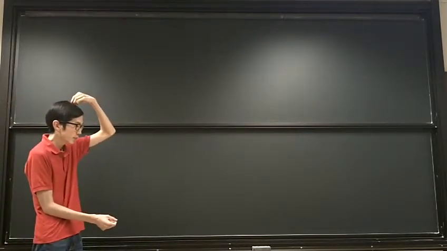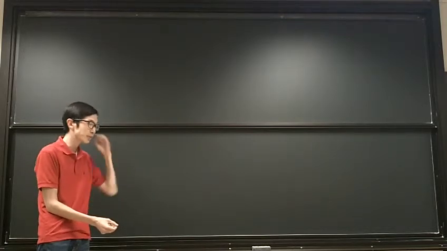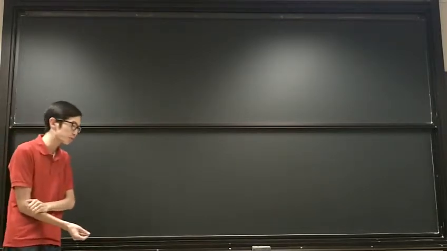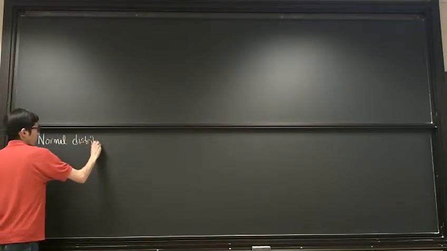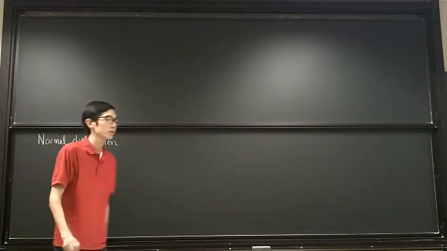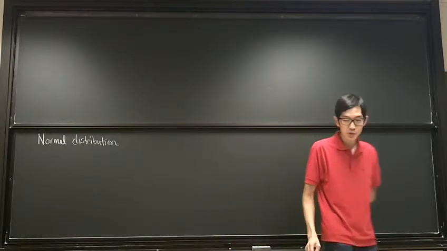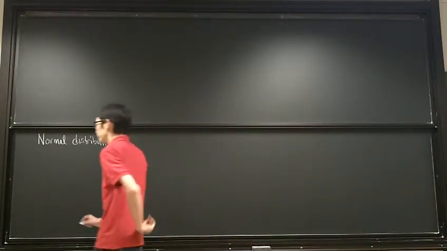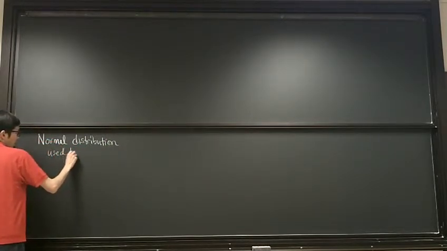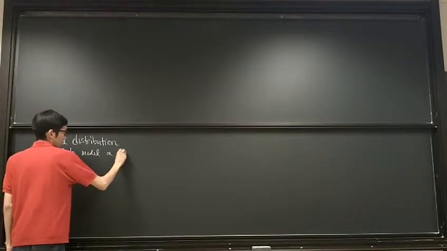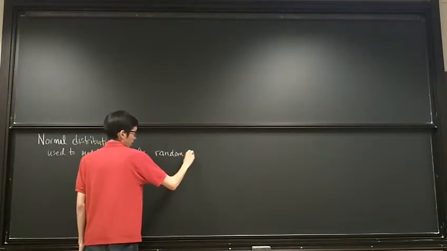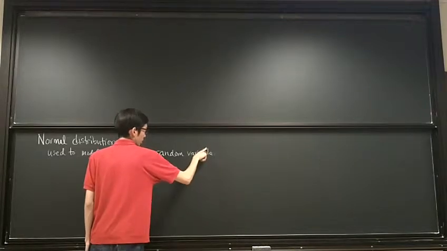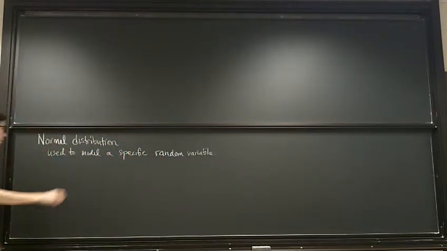But today we're going to learn another random variable. Okay, so this is still in the realm of probability, and it's a specific random variable called the normal distribution. So this is used to model a specific random variable. All right, and when we say the word model,